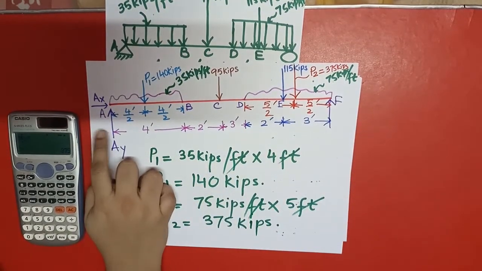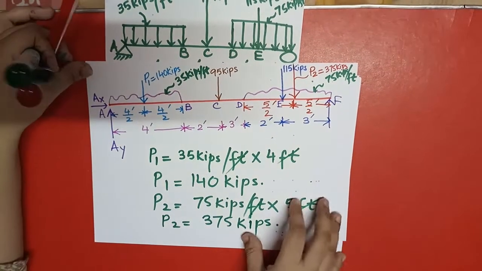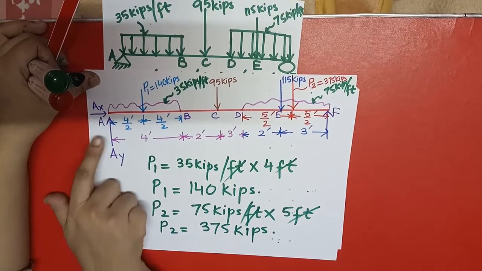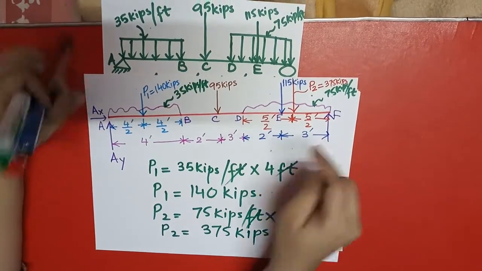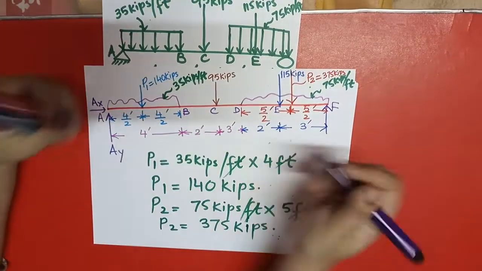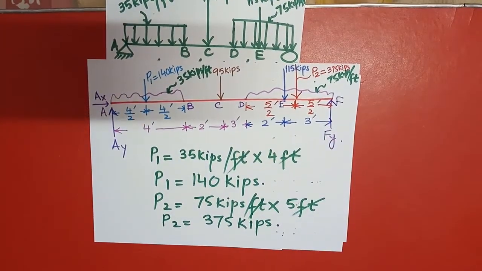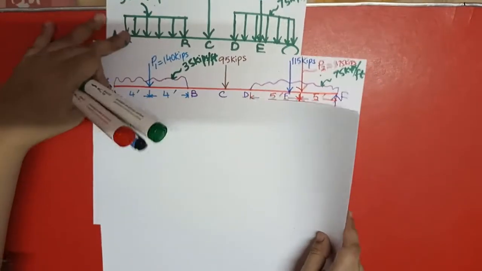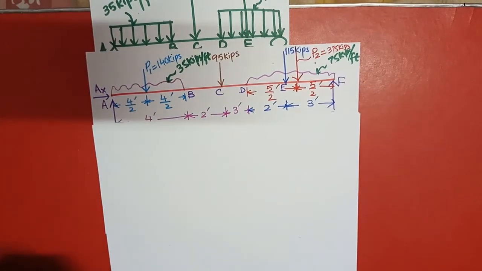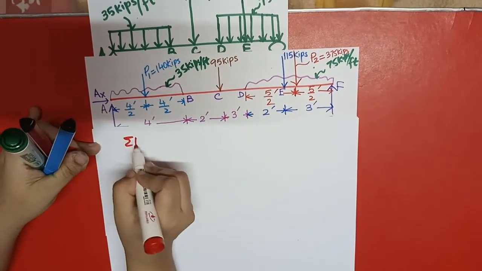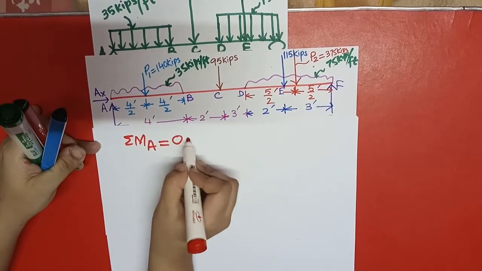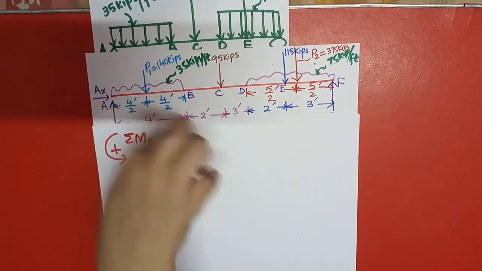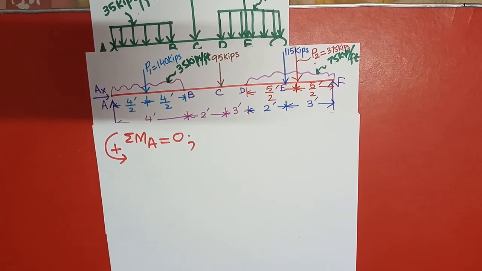So I am going to sum up moment at A. It's up to you wherever you want to sum up the moment. I have two supports, a hinge support and a roller support. So here is the horizontal force AX, and this is AY, and this should be FY. So I have to write it down here, Fy. So I have to find out Ax, Ay and Fy. How can I find it out? Let me tell you. I am going to sum up moment at A and I am taking the anti-clockwise direction positive. So I will rotate all these forces towards A, so it will be the negative one.